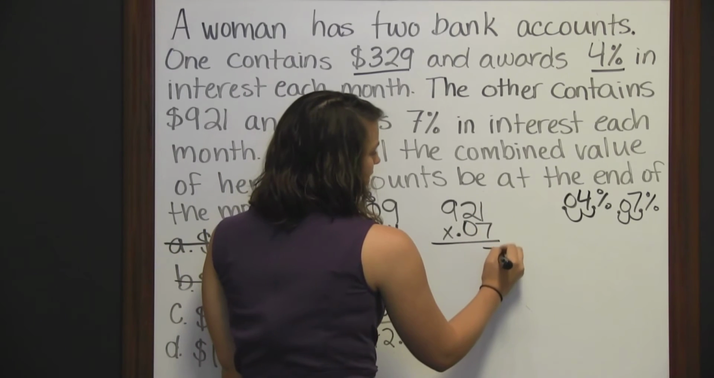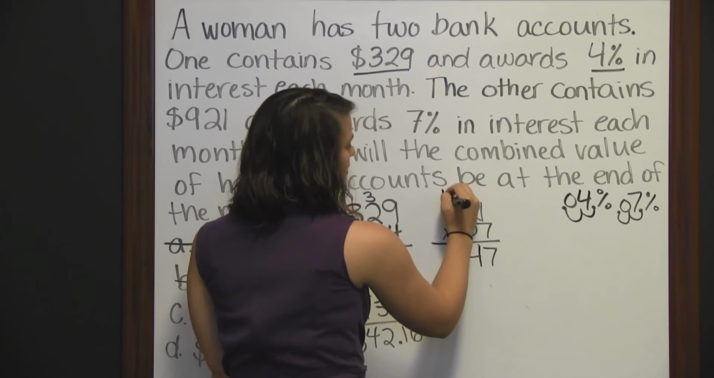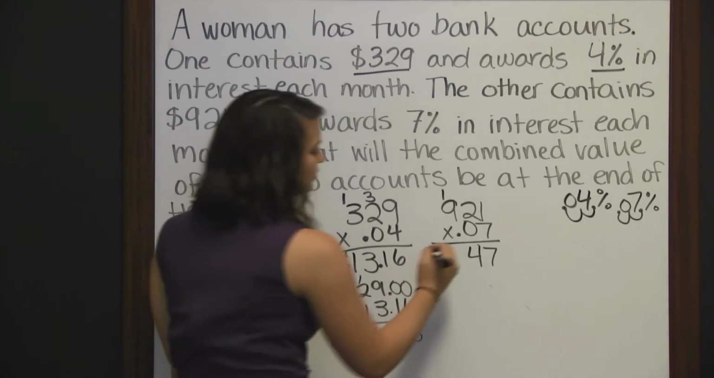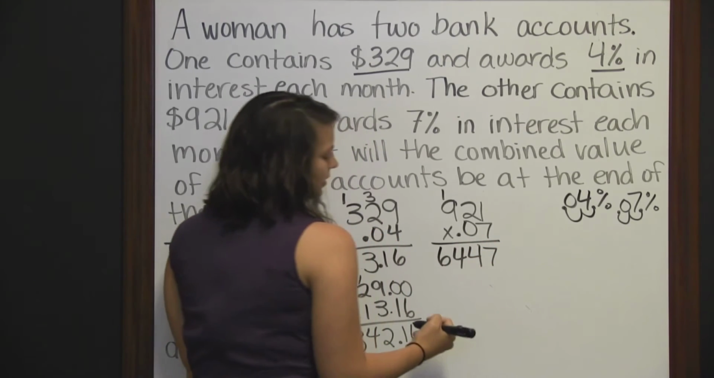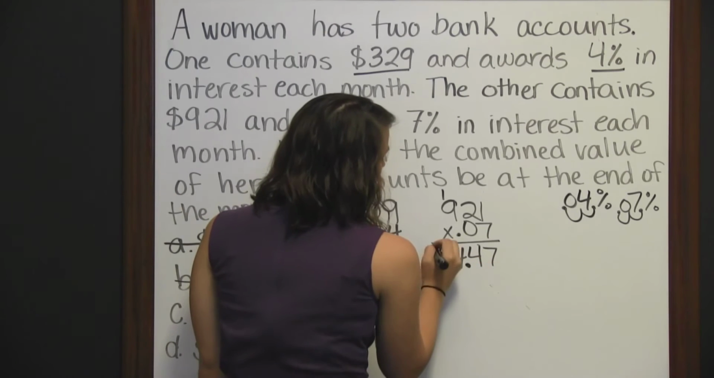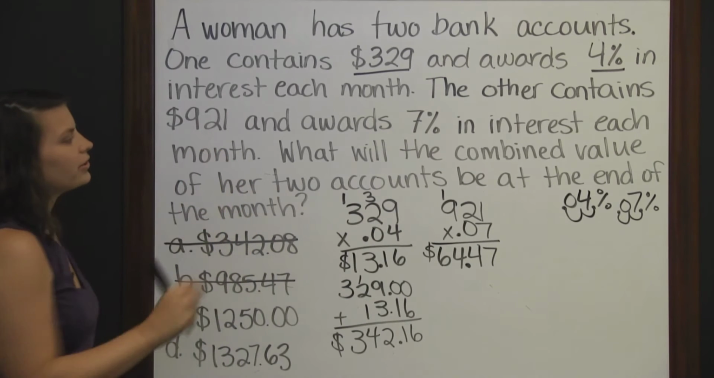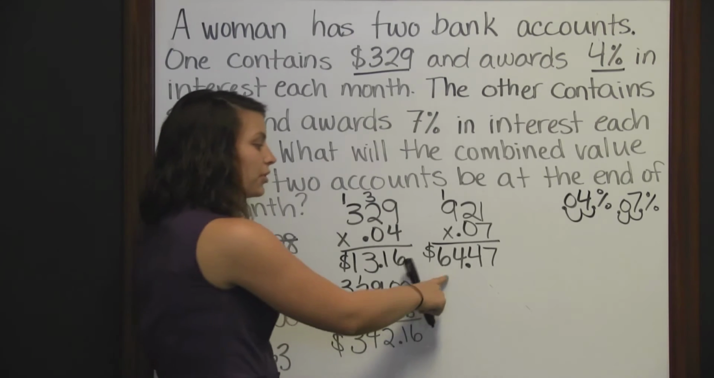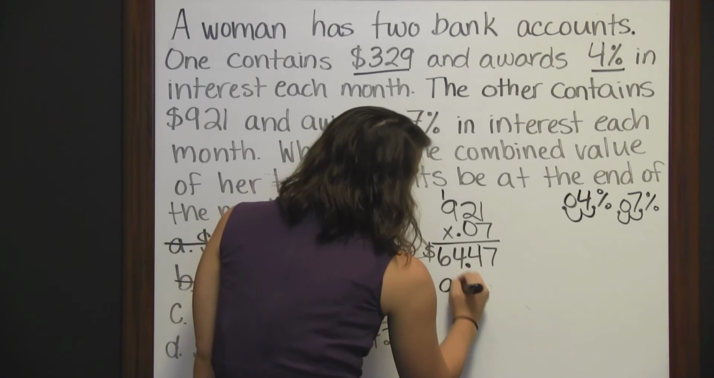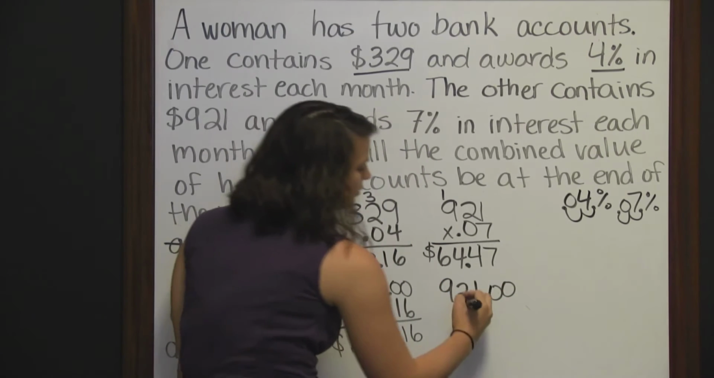7 times 1 is 7. 7 times 2 is 14. Write the 4. Carry the 1. 7 times 9 is 63. Plus 1 is 64. And since there are two numbers behind the decimal place, we need to have two numbers behind our decimal place. So this account with $921 in it earned $64.47 in interest. So altogether, when we add 921, again, we can put that decimal at the zeros, and then the